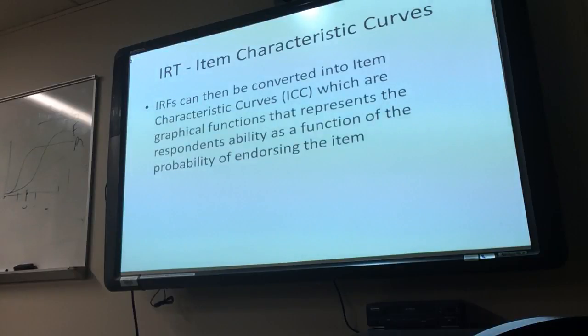If you see what's happening here, if this is one item, men can have less of whatever it is that item is asking and still get the item in the correct key position. Women have to have more. So we have this area of what we call latent space, where we have differential item function. And this is what's really cool about